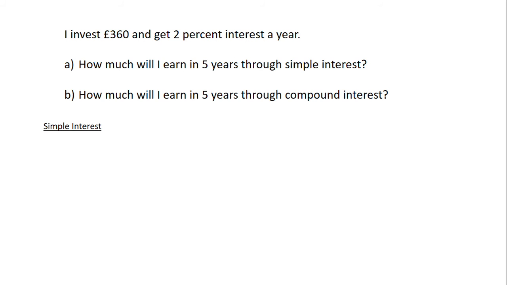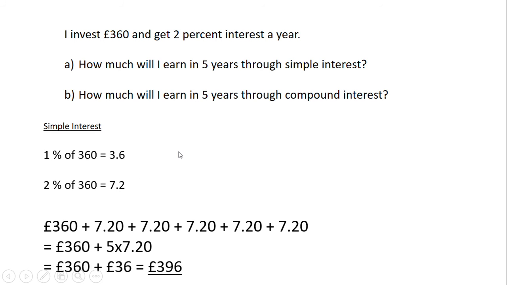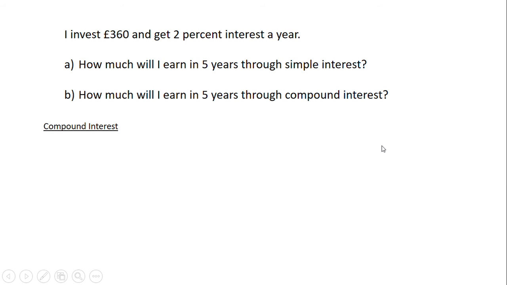I invest £360 and get 2% interest a year. How much will I earn in 5 years through simple interest? How much will I earn in 5 years through compound interest? Well, simple interest is simply this. It's 2% of the original amount, which was £7.20. Okay, so I'm adding that amount on every year for 5 years, and this is what I get. Okay, compound interest, so remember that's £396. Compound interest, okay,